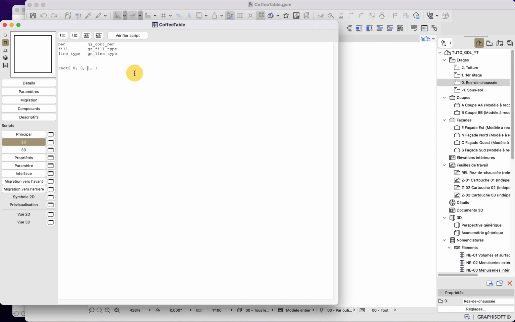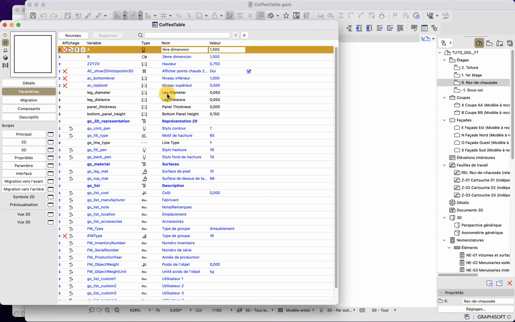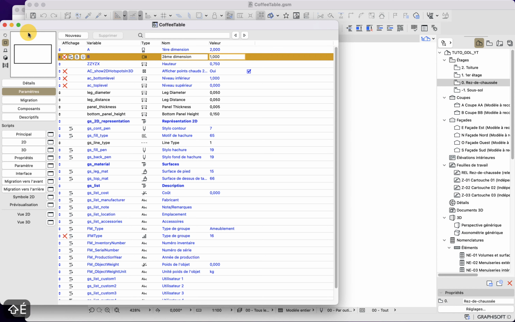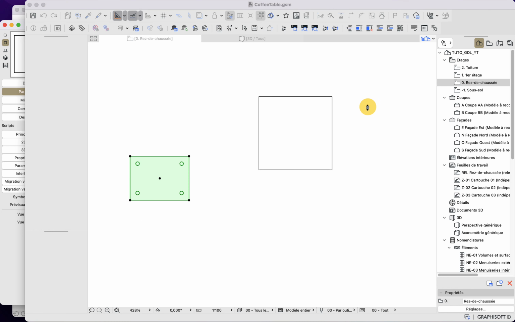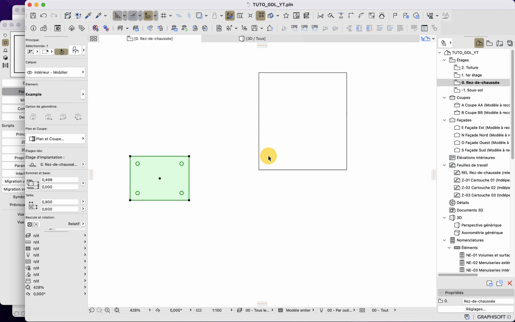So here in X, I will use A. In Y, I will use B. And now if I go into my parameter list and change A with 2, you can now see that my geometry has changed as well. Let's save. And then go back into our project.